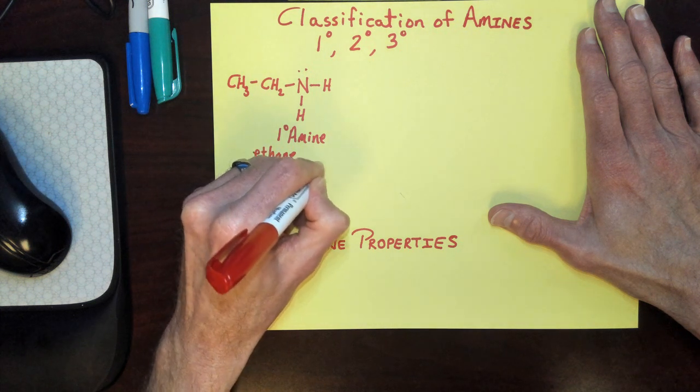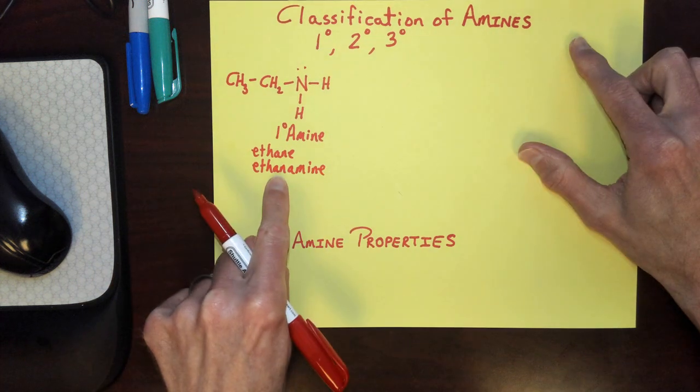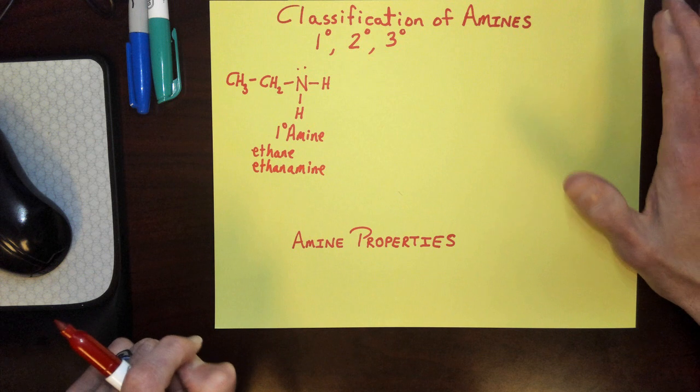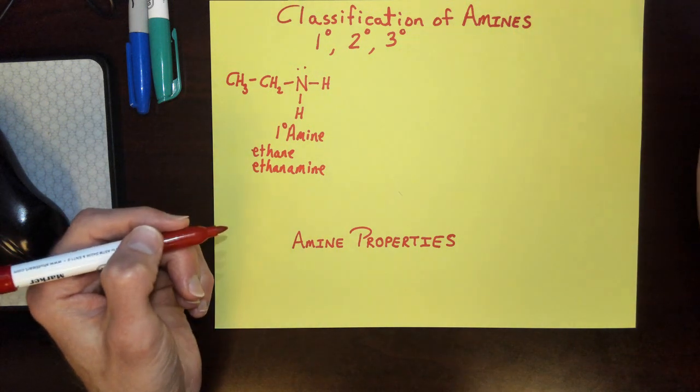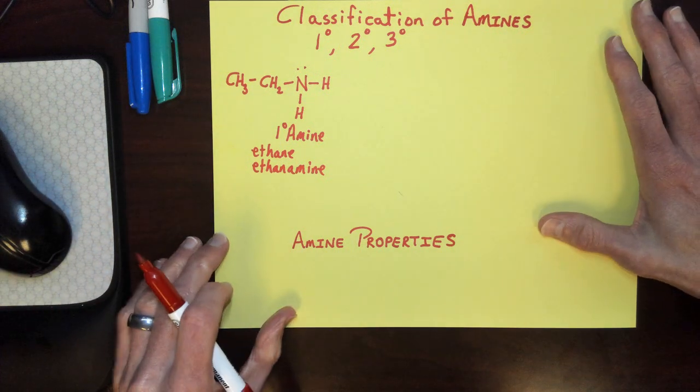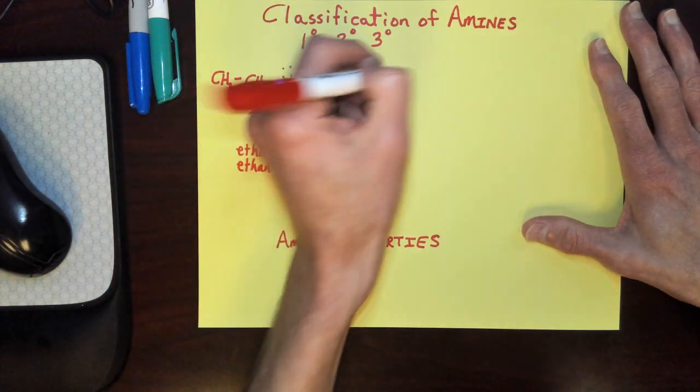So, ethane, ethanamine. Okay. Common name would be ethylamine. That's a primary. Now, if we have that amine